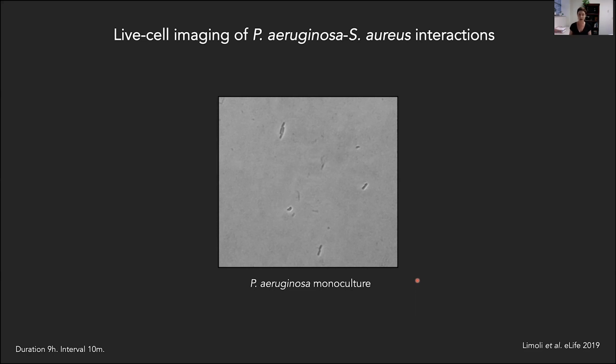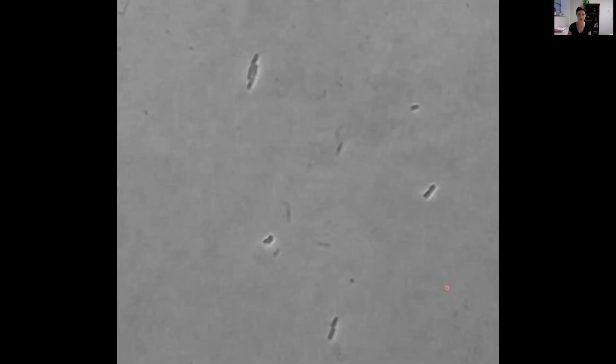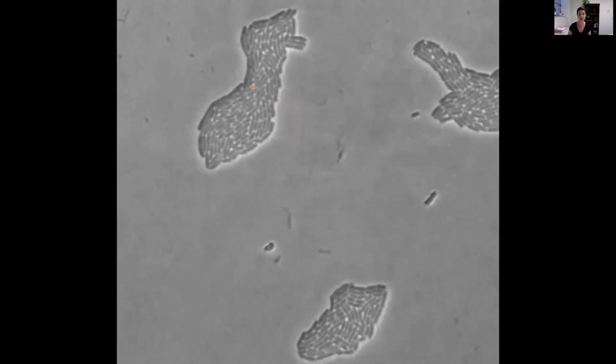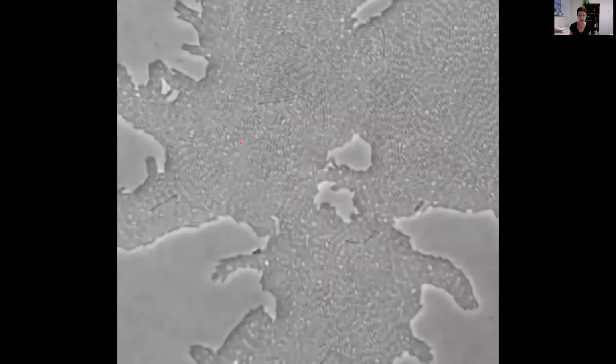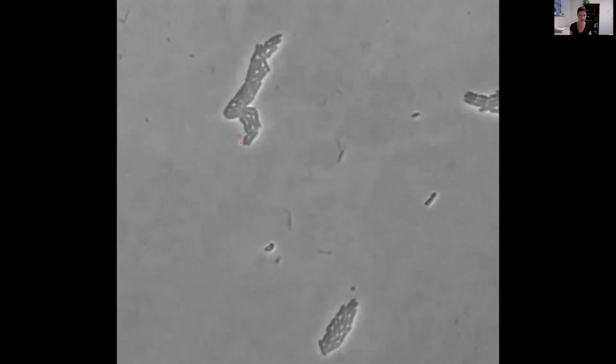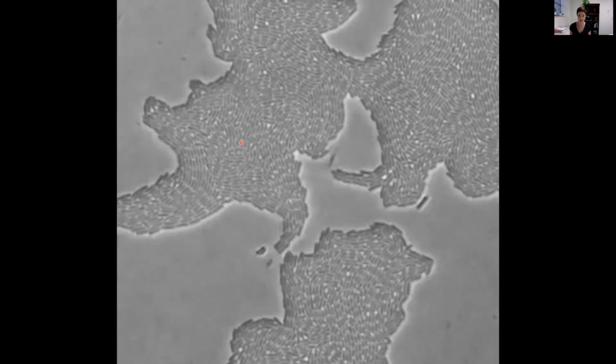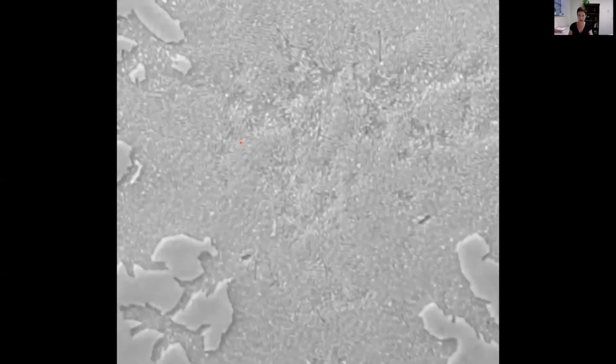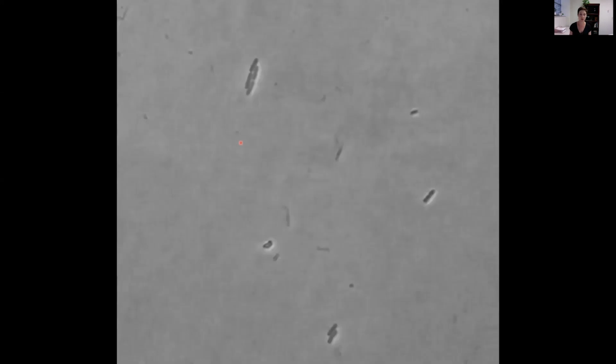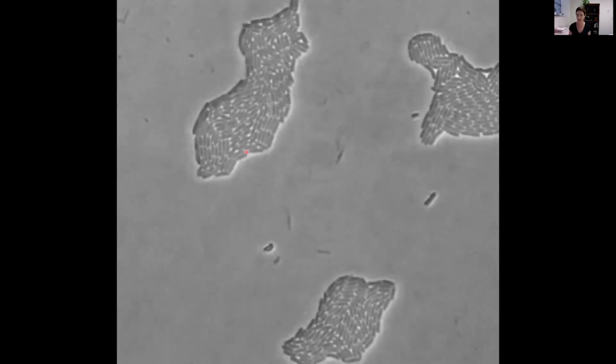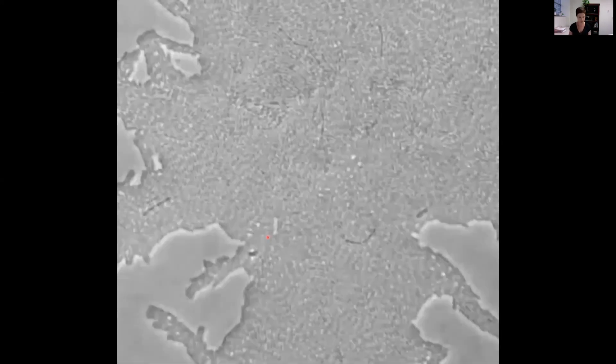So we inoculate the cells between a cover slip and an agarose pad to keep the cells in the same plane. And here's just an example of what Pseudomonas looks like on its own. These are individual Pseudomonas cells that will replicate and divide outward. What we see here, and what others have seen, is that on a surface, Pseudomonas tends to replicate, divide, and move outward in groups with these tendril formations that are typical of type 4 pili-mediated motility.